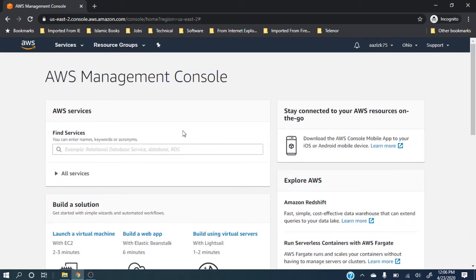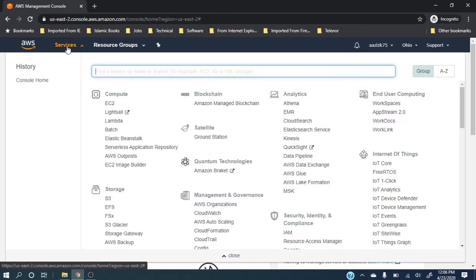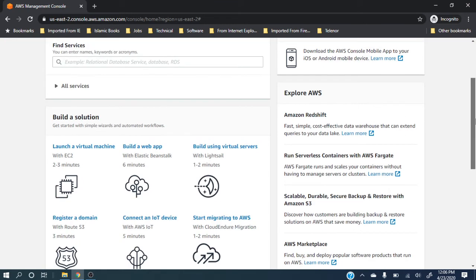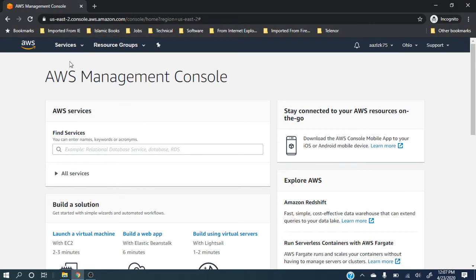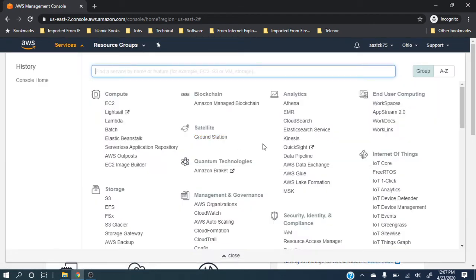So this was the main console. I will show you one more thing. These are the services which Amazon provides. Some small brief of these services was on the main page as well. Like for example, if you remember, you can launch a virtual machine from here. But to see the full stack, the full services, even only in compute, Amazon has provided this many services. We can go into detail on all of these. It will take some time, but I will show you in my later videos.